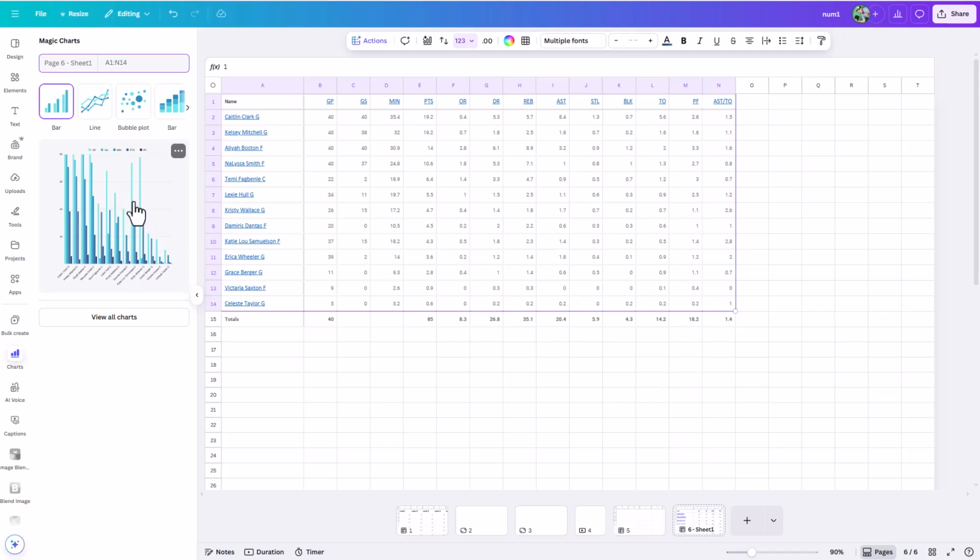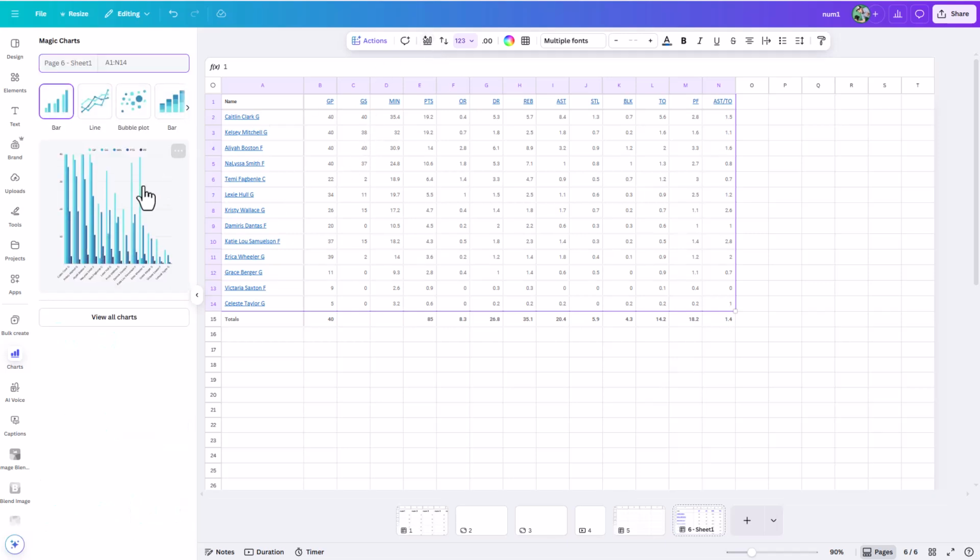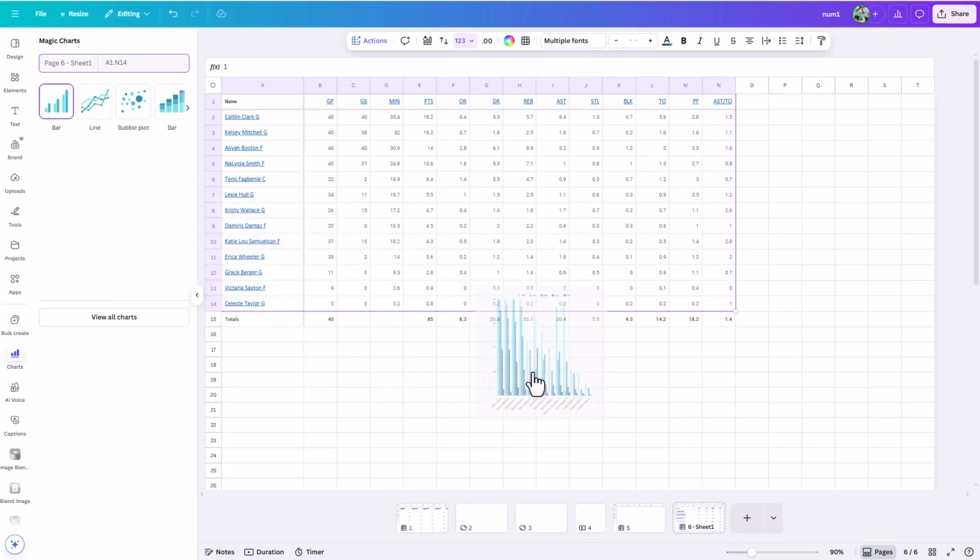Now, if you don't like what it's selected here, you can come in here and find all kinds of chart types, so you can find anything you want here. But let me just go back to that default option that was showing me before. And anytime you have a chart that you want to add, you can just click and drag it right